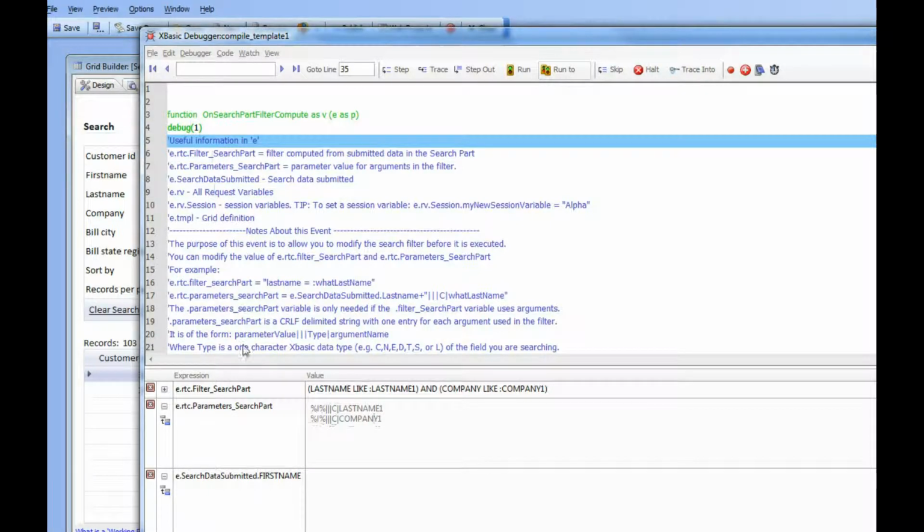Now in my event handler I'm free to change either of these two properties here, and whatever value I set in the event handler will be the actual values that Alpha 5 uses when it goes ahead and executes the search. So I'm going to just copy this here to the clipboard